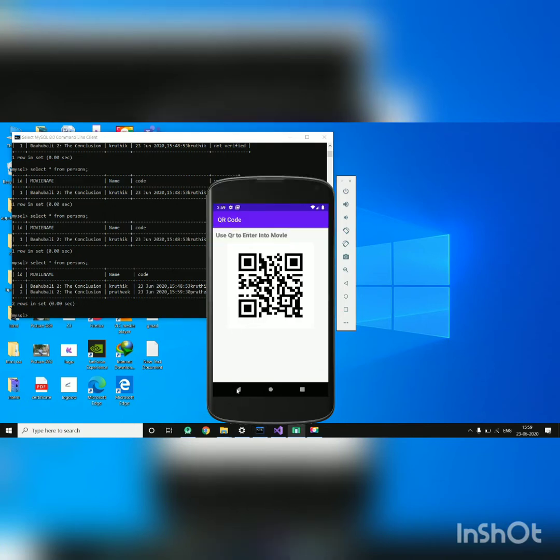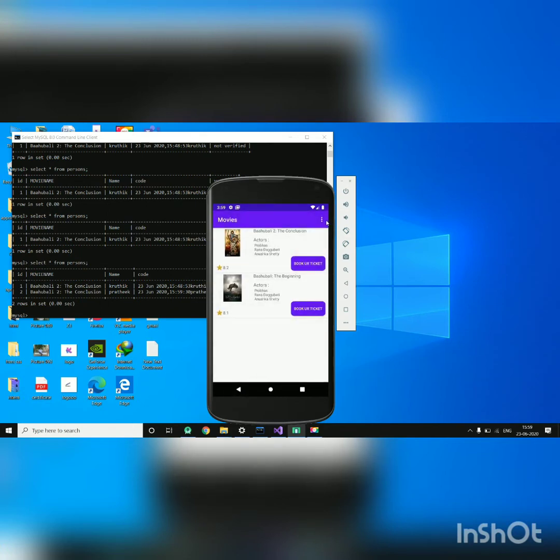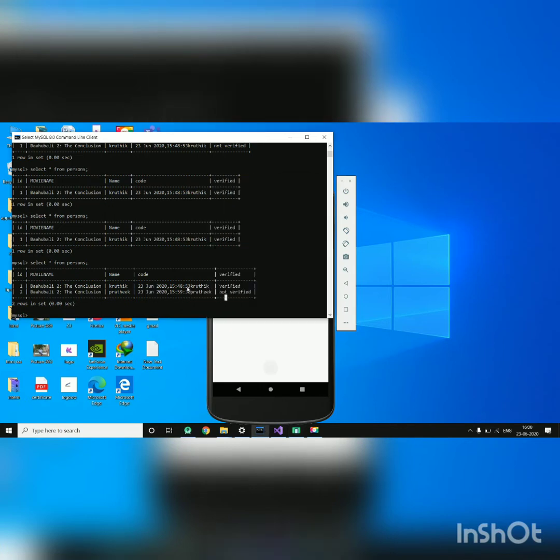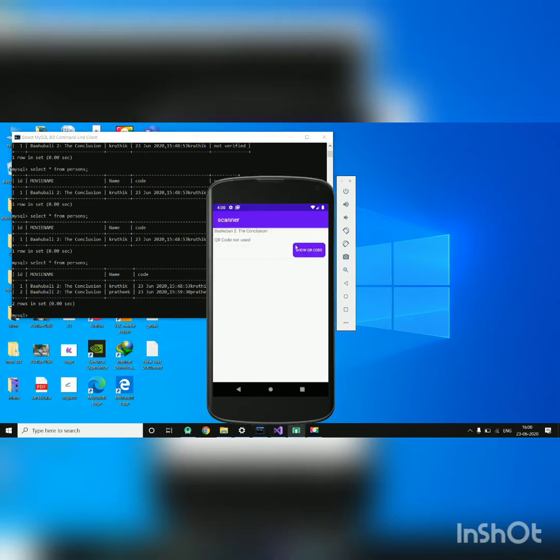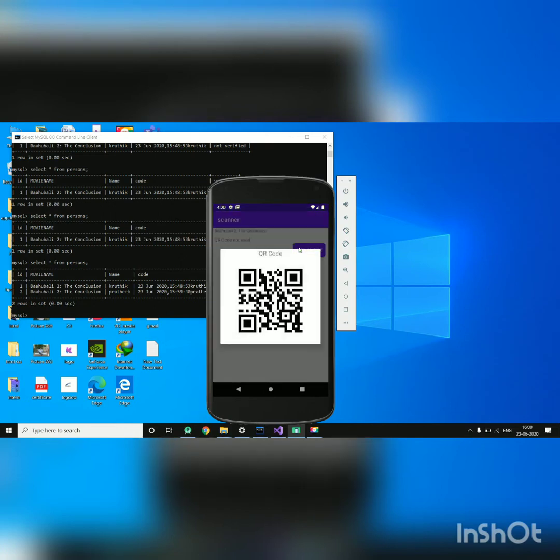And you could go back, and if the person wants to see his previous QR codes, he could go here. See, QR code not used means it's not verified. So you could see here, and this shows the QR code. See, you could see the QR code here. Ma'am, actually I'm using the Android device for scanning, so I am taking the photo of this QR code on my mobile.